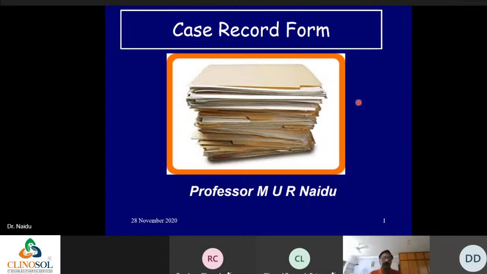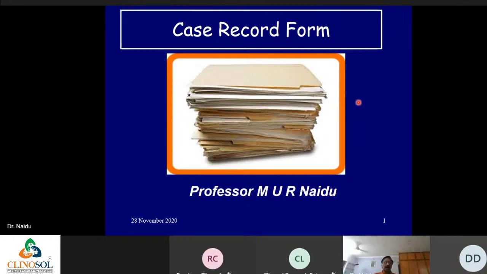Welcome to this presentation. Last time, when we were discussing the other topic of clinical research and informed consent, there was a need that we should also understand the case record form. Generally, the case record form is one of the very important clinical trial documents, because this